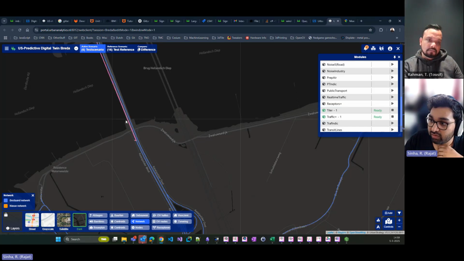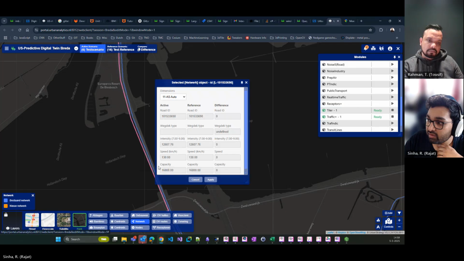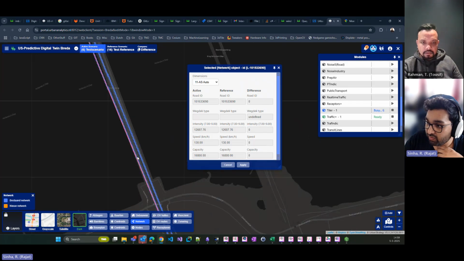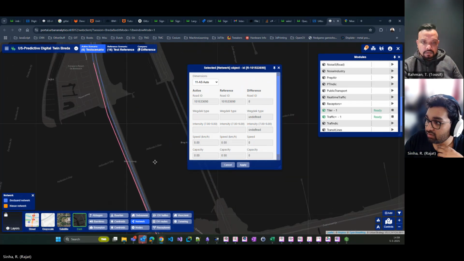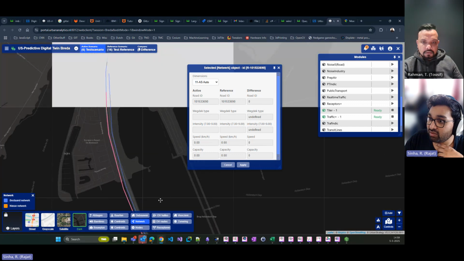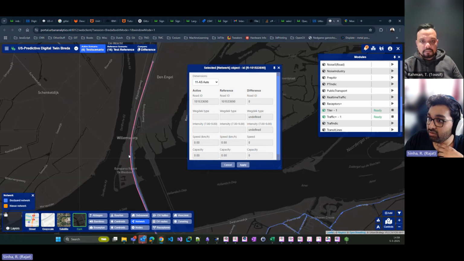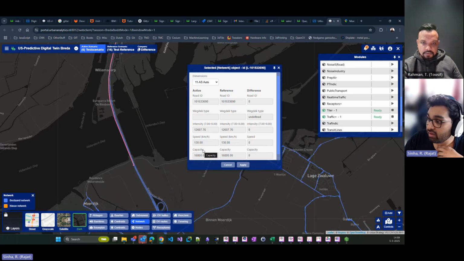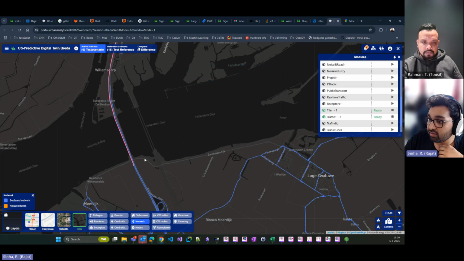We can also have a look, for example, at this one. This one also has a lot of traffic going along in the bottom direction, but if I click on the right side, then you see the speed is 0. So this is a one-way street. There is no traffic going from here to there. It's only incoming traffic from Rotterdam side to Breda side. So basically this also tells me that now if for this side I add a control to close the road,